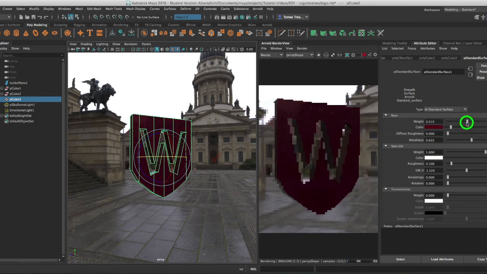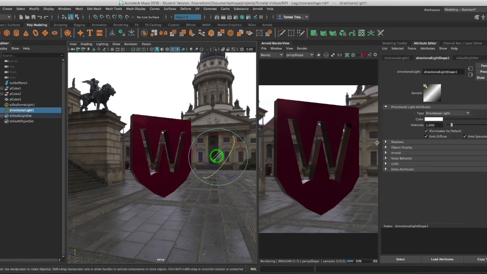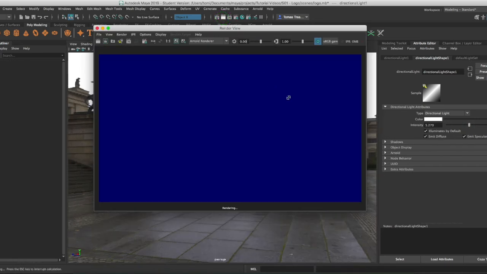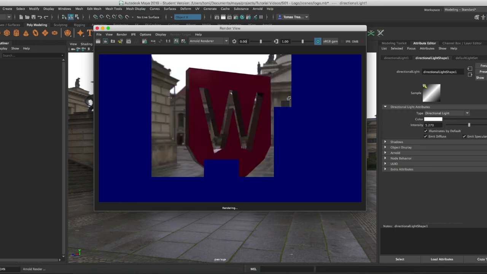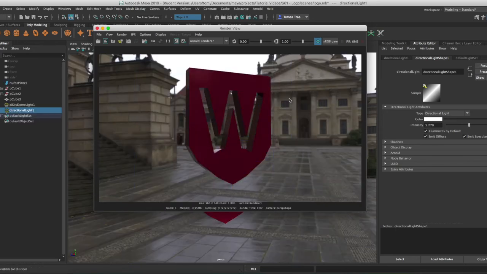And getting a bit more light here. And then making the light a bit more intense. Also a bit more light in here. There we go. So now if I go to a full render view and I render this, I'm going to get a pretty good looking shield sitting in front of an old